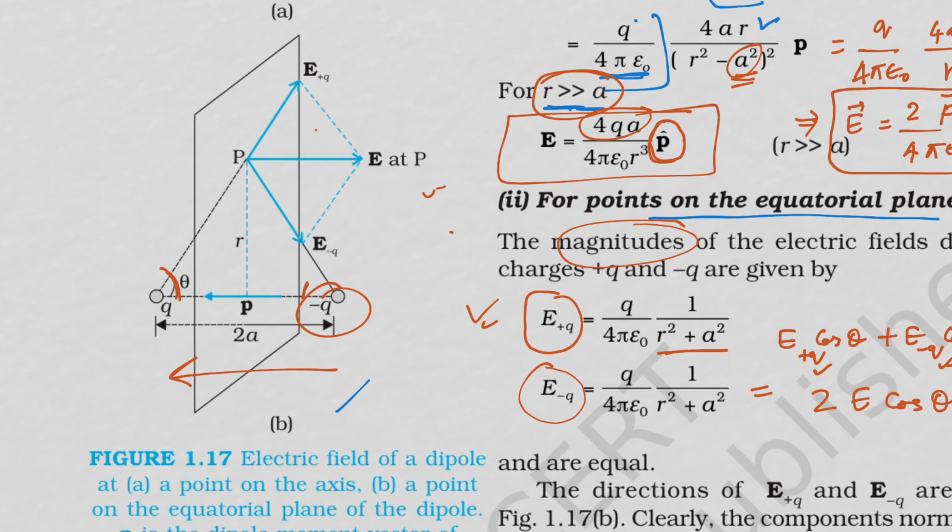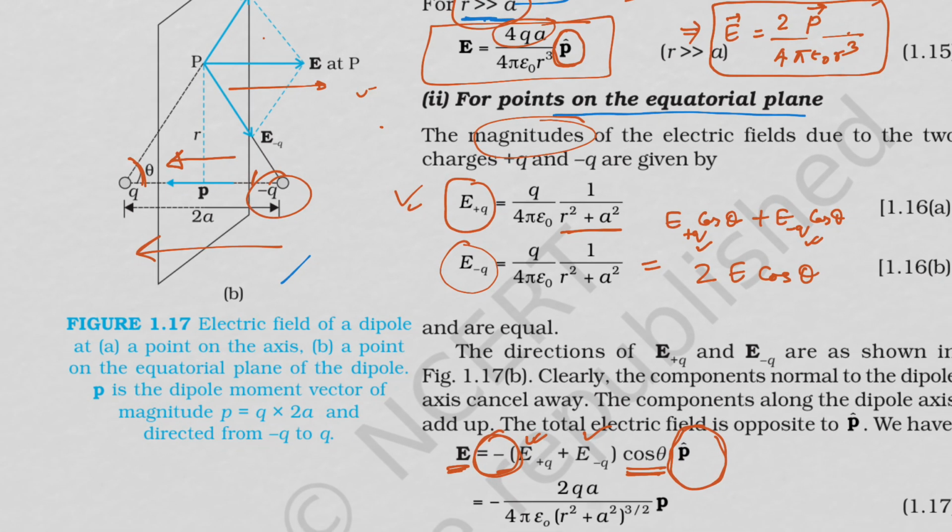So the direction of P is towards left and the resultant electric field is towards right. To compensate for it, that's why we have put the negative sign here, because we are using P. Though P is the direction of the dipole moment, the resultant electric field is towards right, that is